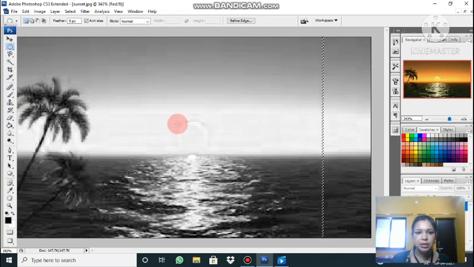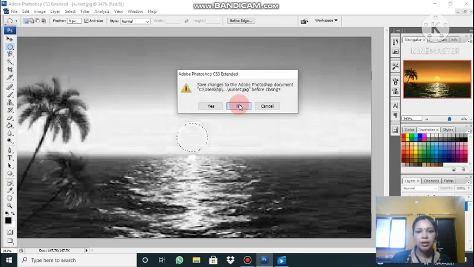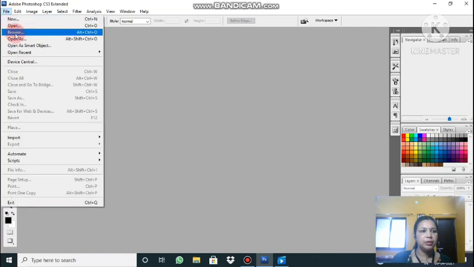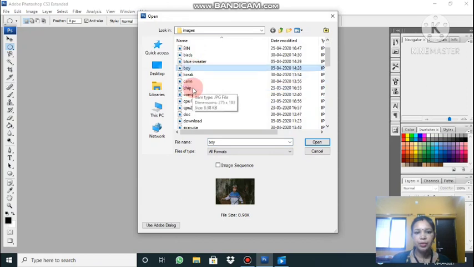Now choose this sun. I think in this it won't be clear. Let's change the image first. File. This one you close. Then File, Open. I should take one image of any boy or a girl. Not this one.